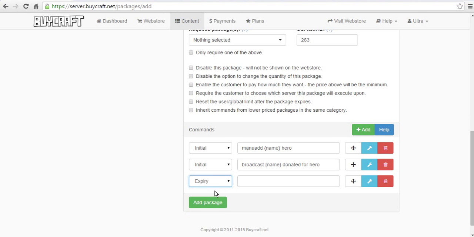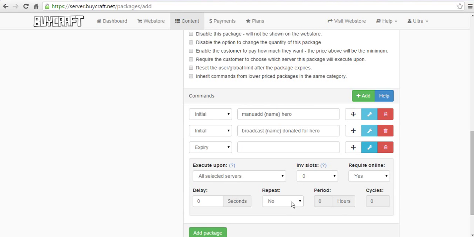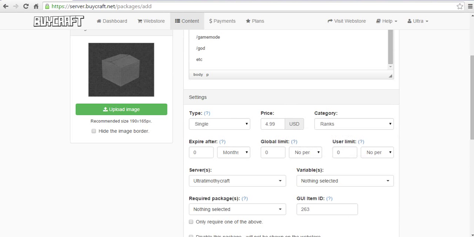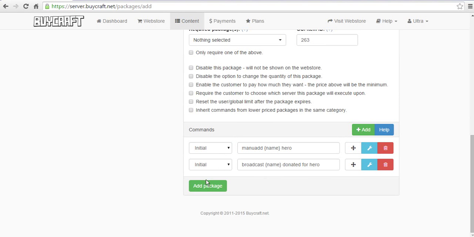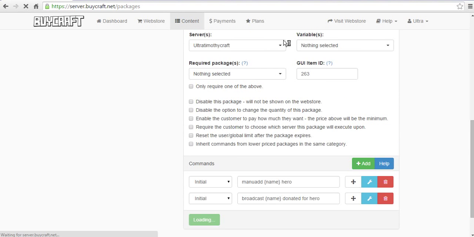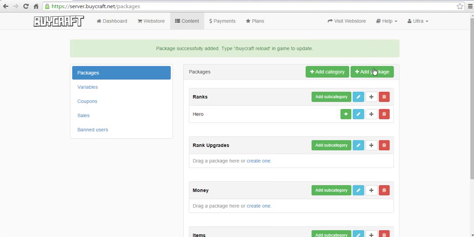So it could have an expiry, and you can also edit when it expires here. You set how long until it expires, and after expiry you can make it so manu add name default, so it removes it, but we're not going to do that here. It's really stupid to actually do that. So basically you can also add Ultra here, but since I don't have that much time, I'll just go on to the